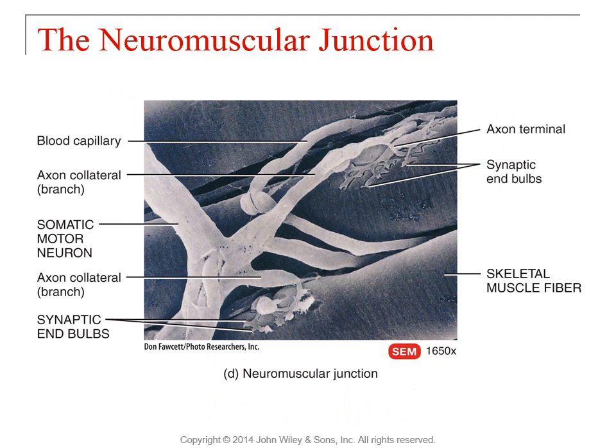So this is a scanning electron micrograph of the actual neuromuscular junction. Each individual muscle fiber will have some type of synaptic cleft or some kind of connection with the axon. We'll see certain larger muscles will actually have one particular nerve that will synapse with, say, 3,000 different muscle fibers,